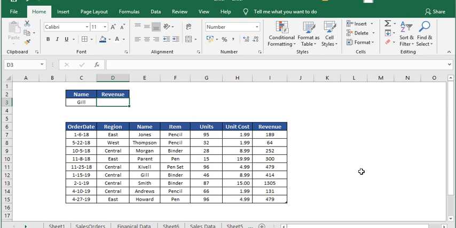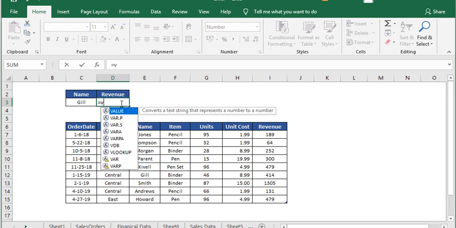It's a very useful function if you're handling large data or looking for a specific value or information in a table. For example, in this case, I want to find out the value from this table. So I'm going to use Vlookup for that. So type Vlookup,